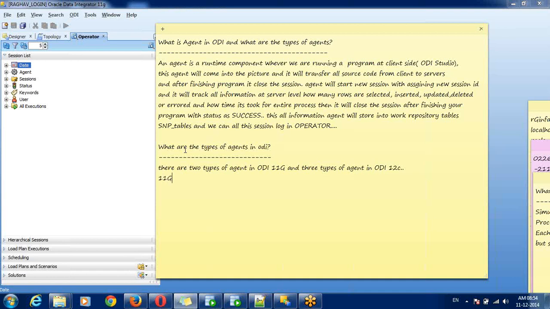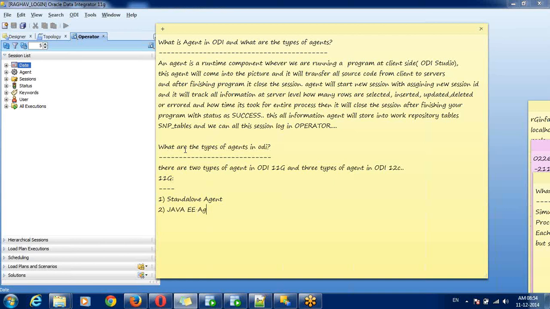First, 11g. One is the standalone agent. The second one is the Java EE agent.